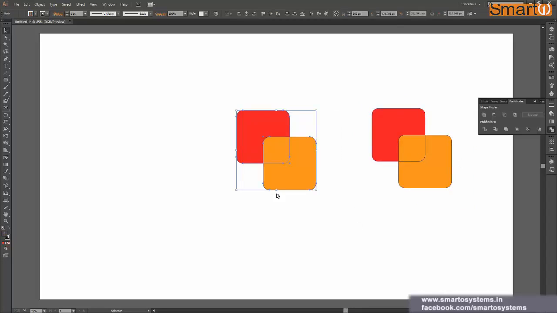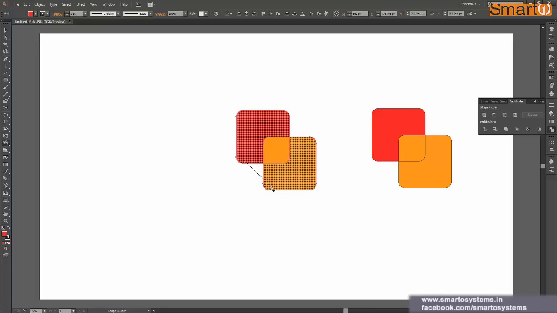So if you want to achieve something like this using the Shape Builder tool, you can press Shift M on your keyboard, and this time we'll go through these two rectangles, but we will not press the Alt key, and we will leave the middle part as it is. So our line of the Shape Builder tool will not go through the middle part, and it will only cover these two rounded rectangle shapes.